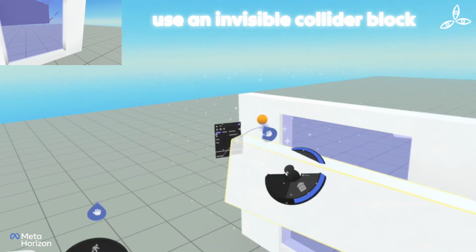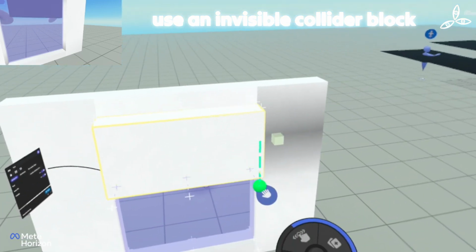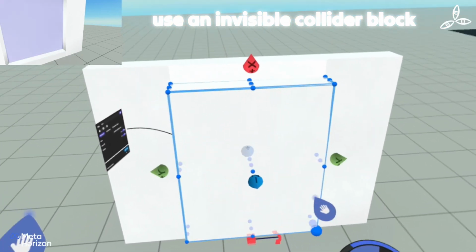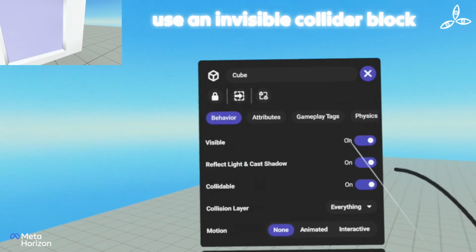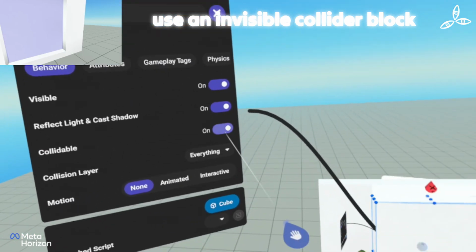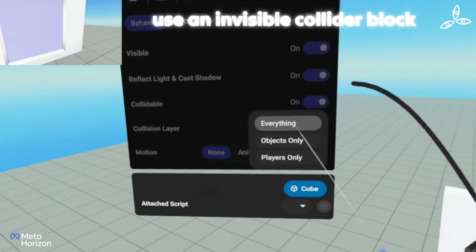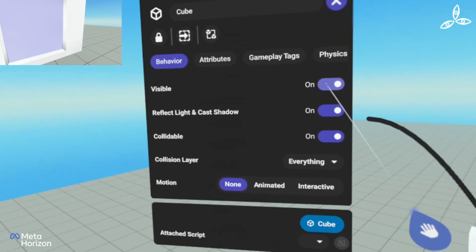copy of the block. You've got to make it the right size. Well, just clamp that about here. Okay, and this is fairly beginner level stuff. So if I now go into the properties of that block I just created, make sure it's set to collidable, okay? That's important. Collidable means players can't pass through it, providing obviously the collision layer is set to either everything